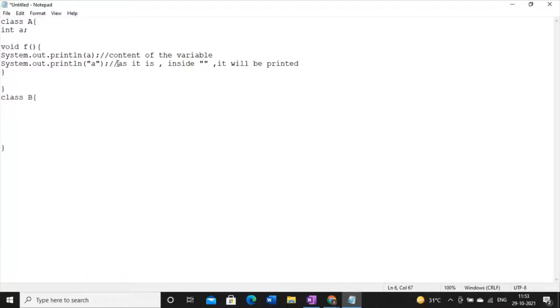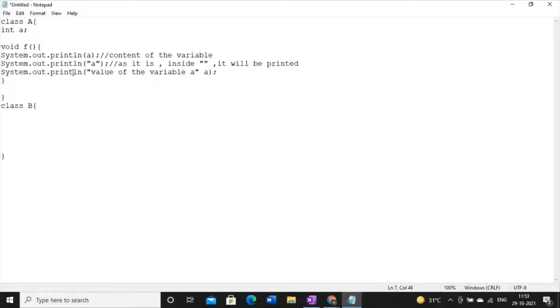Right? Now here there is a third syntax you have to keep in mind. Whenever you want to print both, I mean I want to write something in text and then print the variable. Say within double quotes I'm writing value of the variable a, and then I want to print the value of the variable a.